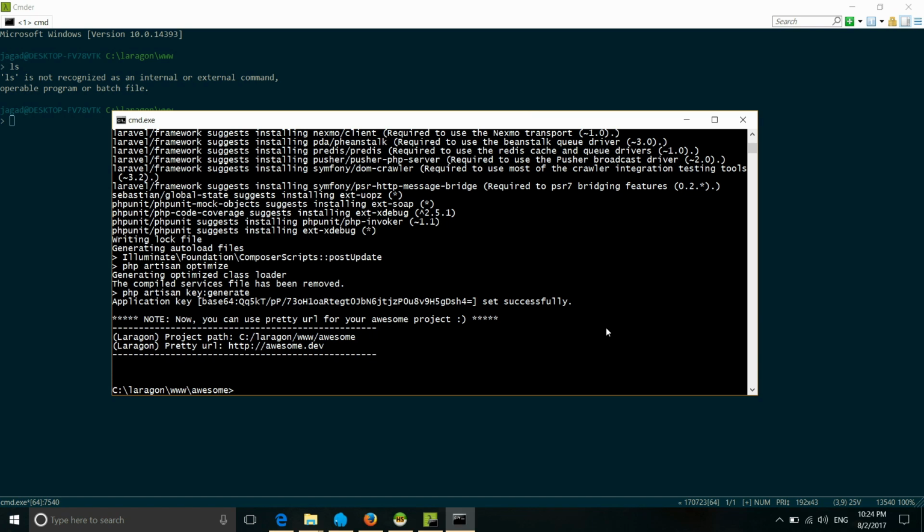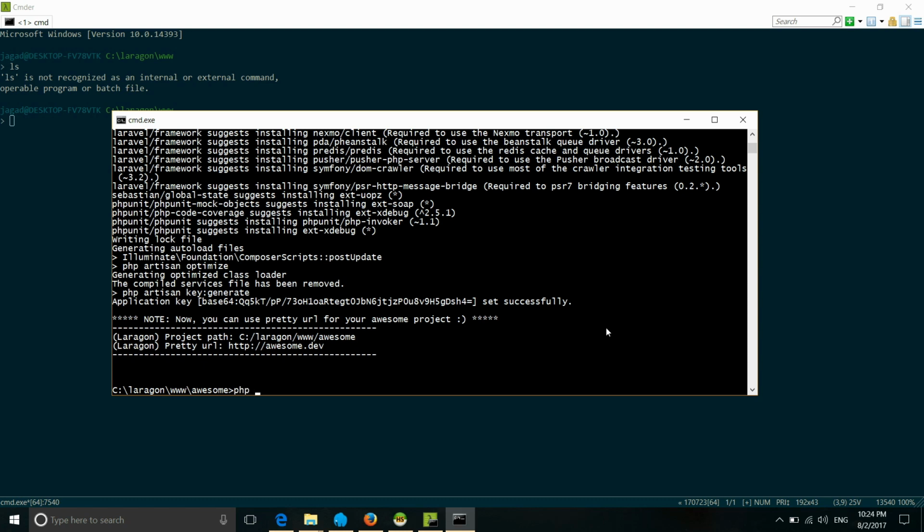Now that we have created our Laravel application, did you notice it not only created the Laravel application but also changed the current working directory to that newly created project? Awesome, right? It also created a pretty URL for that. How did we used to run a Laravel application?